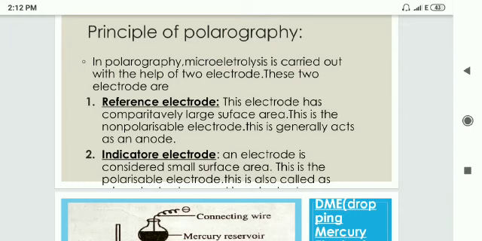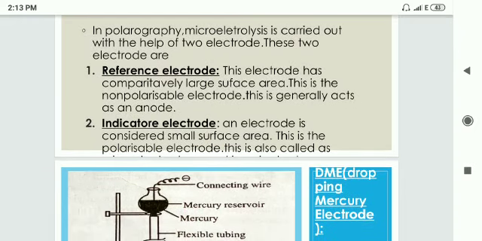And here in polarography it is defined as the electrode whose surface area is large is called the reference electrode, and this reference electrode is also called the non-polarizable electrode. Whereas the electrode which has the small surface area is called the indicator electrode, or it is also